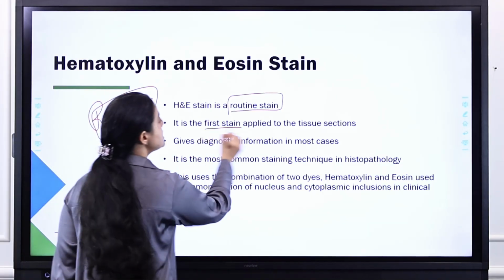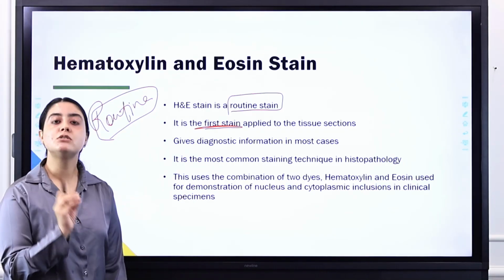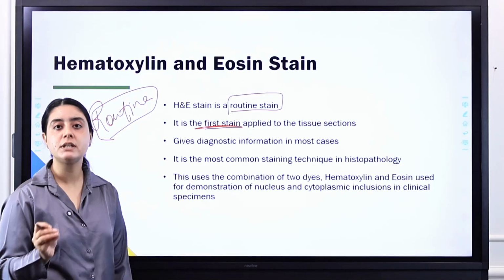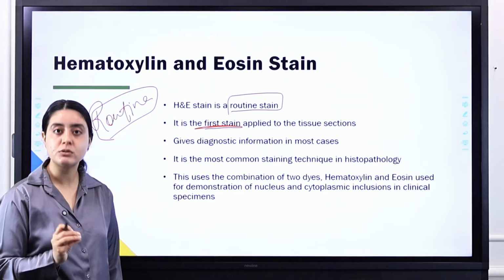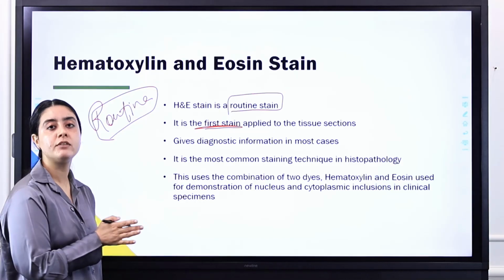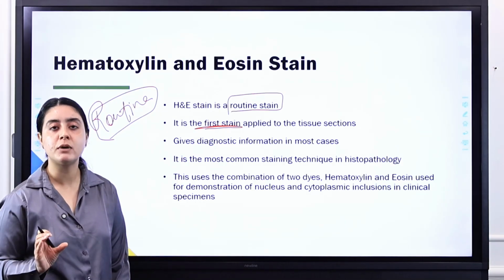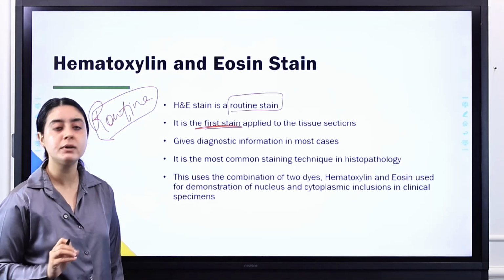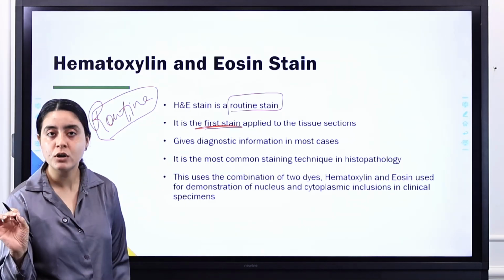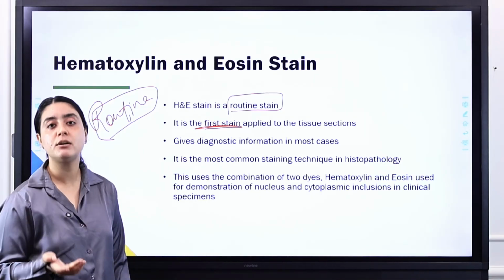It is the first stain applied to the tissue sections. It also gives preliminary clues about what is present or absent in the tissues, and whether any disease has actually developed in our tissues or not. Similarly, the Gram stain, which we do on microbiological samples, gives us a preliminary clue about the type of bacteria present in the sample. Similarly, H&E stain also gives us preliminary information about the diseases.